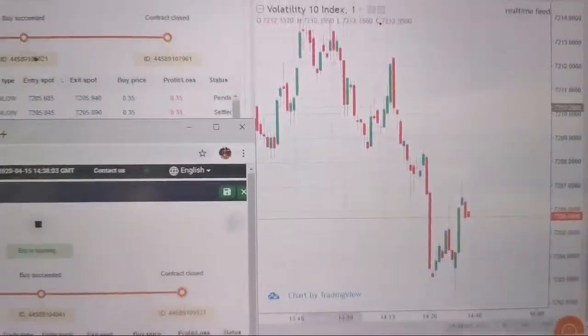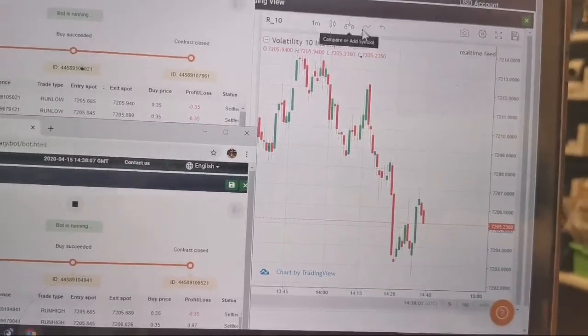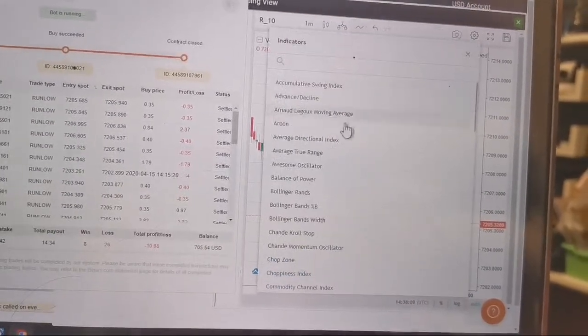There's nothing better than the naked eye. You can tell. You can look at the chart. I'll show you exactly what I do. So this is what I do. Like I said, this is a TradingView chart, and what I do is I set it on a 5 minute, and if I really wanted to, I put in